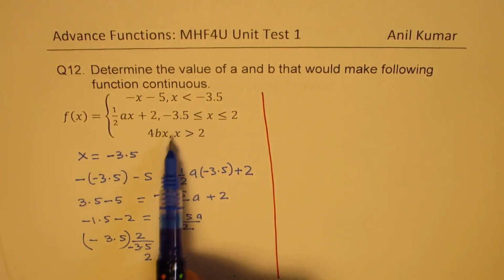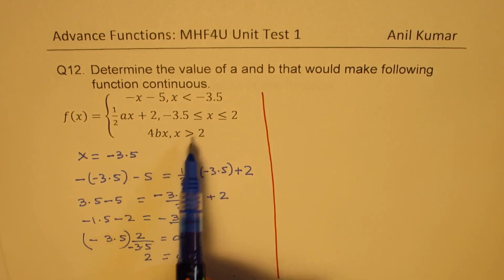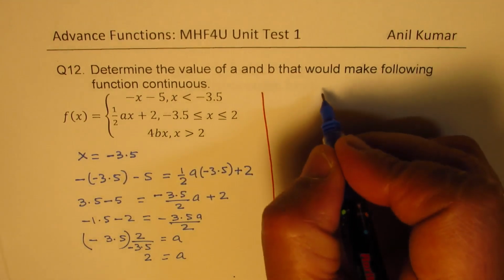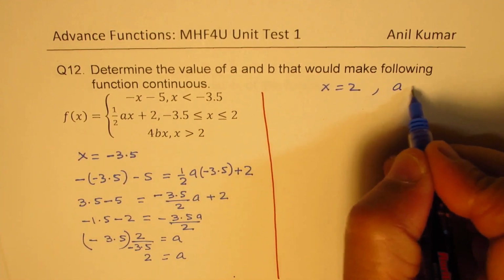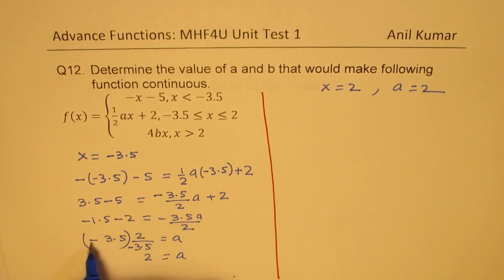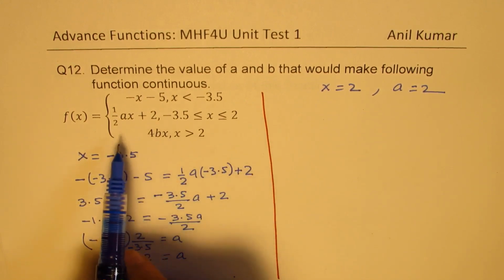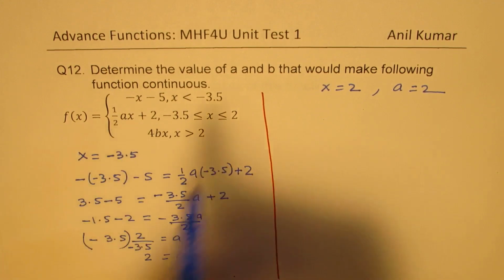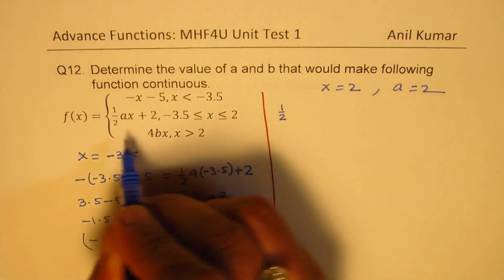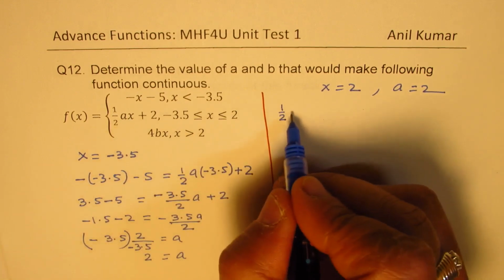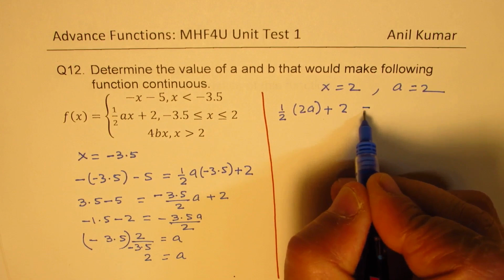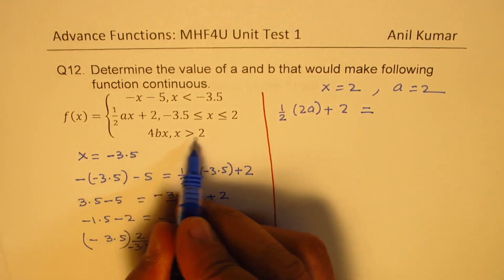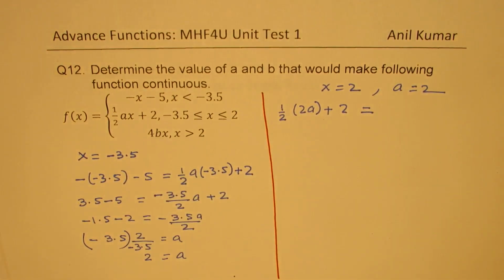Now, the second part and the third part should match at x equals 2. So at x equals 2, we'll substitute 2 here. We already know a is also equal to 2, right? So that minus minus cancel. So a is 2. So if I substitute 2 here, we get half of x is 2. So 2a we can write, right? 2a plus 2. That should be equal to, substituting 2 for x, we get